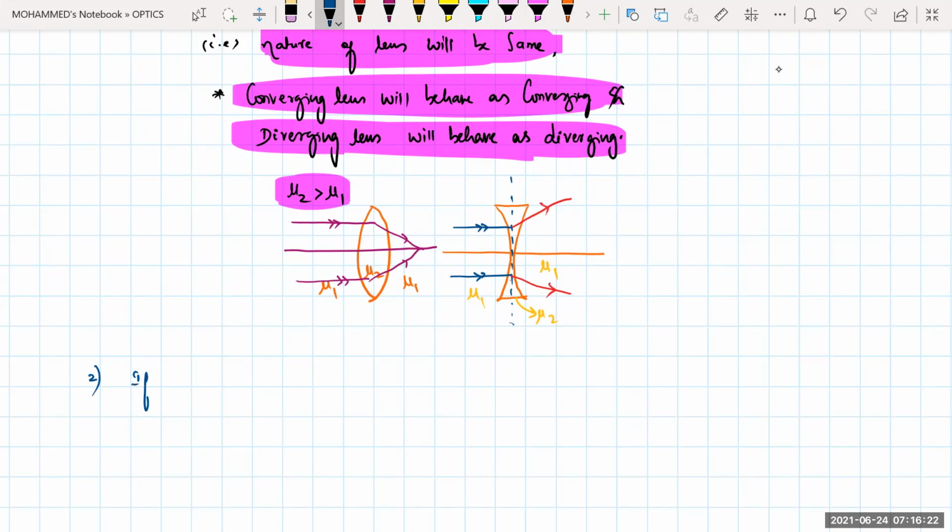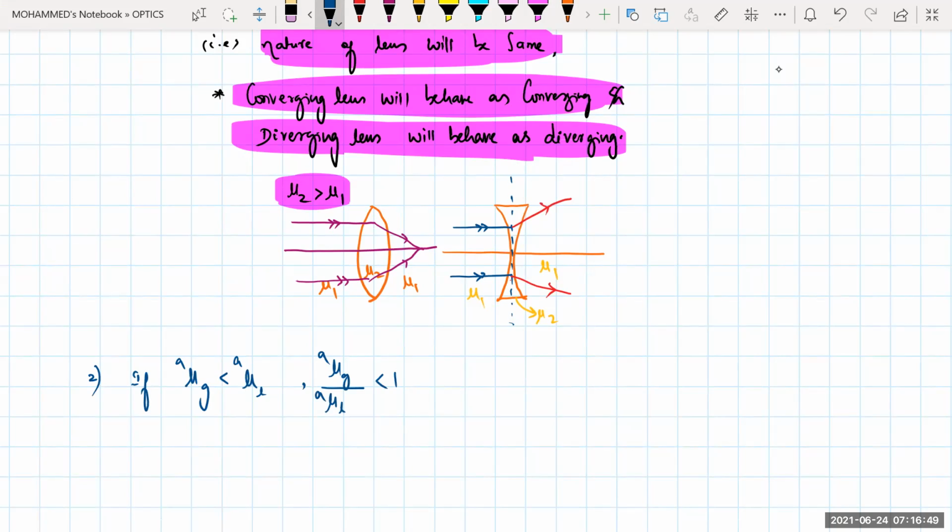If the refractive index of glass with respect to air is less than the refractive index of liquid with respect to air, that means the refractive index of glass with respect to air divided by the refractive index of liquid with respect to air will be less than 1. Okay? Yes, sir. The refractive index of glass is less than the refractive index of your liquid.